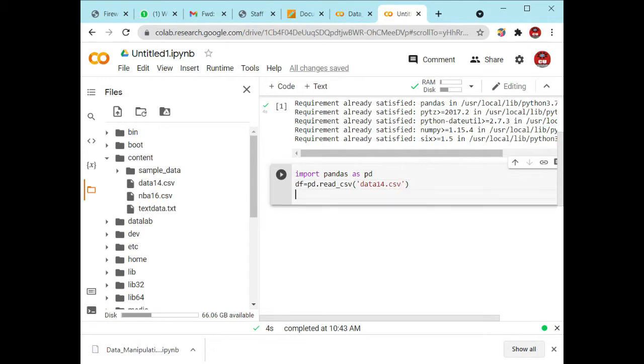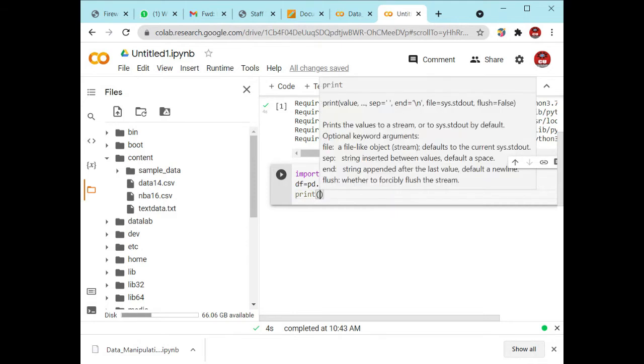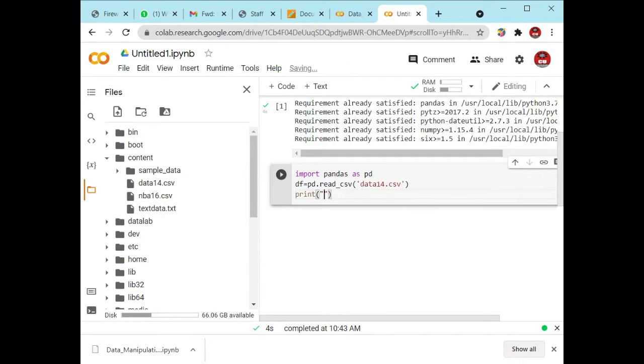After this, we will print what is present inside the df variable. For printing, we use the print function, and inside this print function, we will write which data type this is. For getting the type of this variable df, we can use the type function.